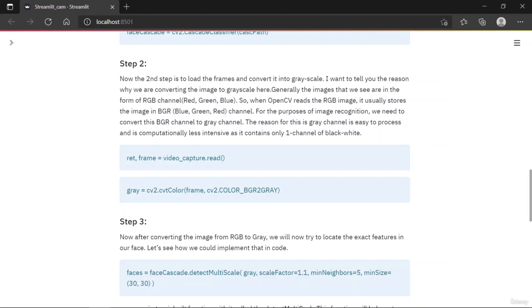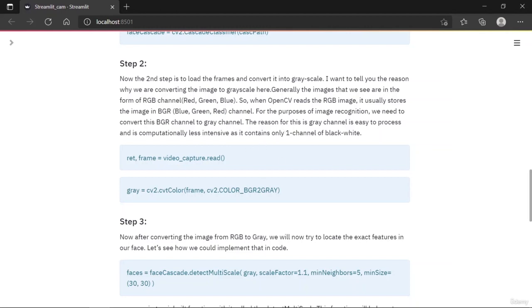Each ranges from 0 to 255, and since there can be a lot of pixels, there can be a lot of small arrays inside the array that defines my image. So it is in the format of blue, green, and red. But for the purpose of image recognition, we need to convert this into gray channel, or the grayscale I was talking about.